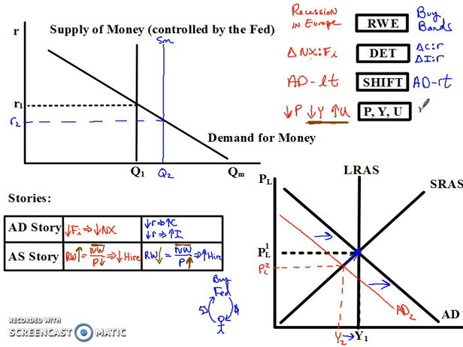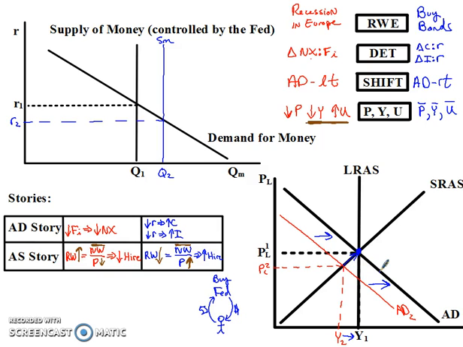And so we will end up with the price level returning to where it started, the gross domestic product returning to where it started, unemployment returning to where it started, and we've brought the recession to an end. So that's monetary policy. Instead of just using the classical theory and staying out of the way, or using the Keynesian fiscal policy, which can cause increases in government debt and things like that, we could just use monetary policy to have the Federal Reserve buy and sell bonds and shift the